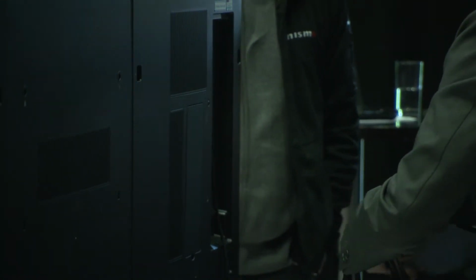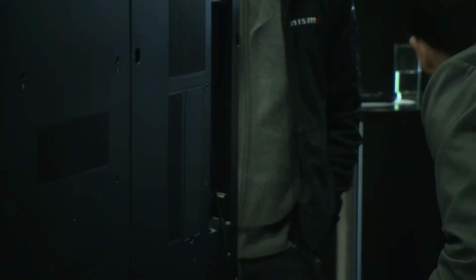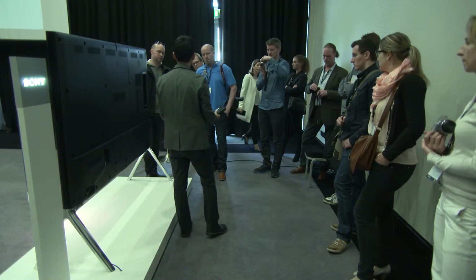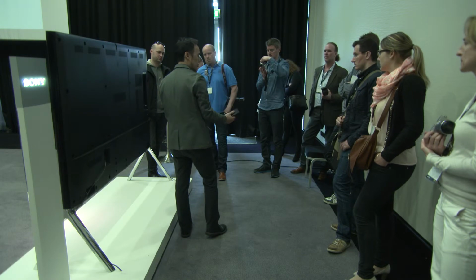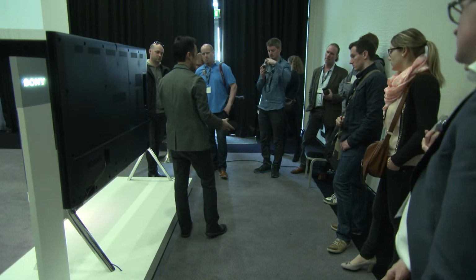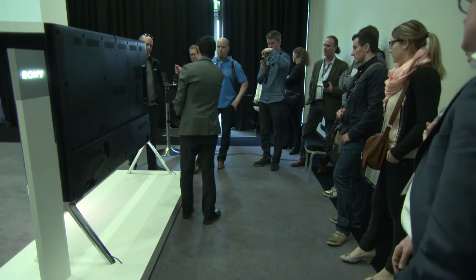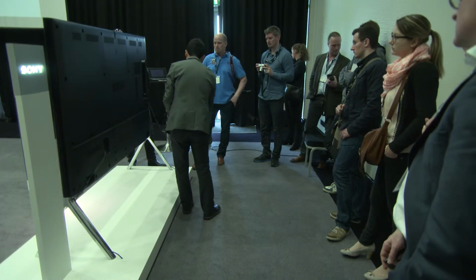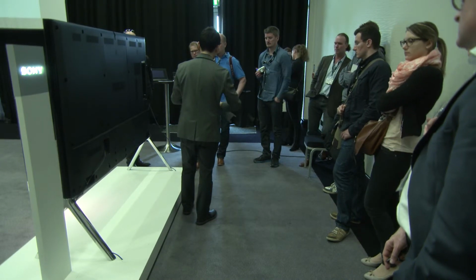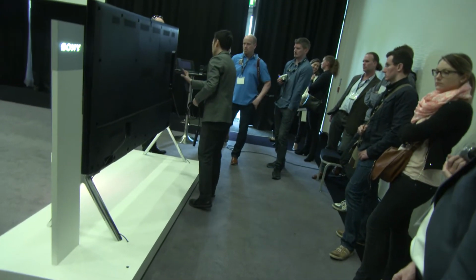And this cable runs inside the leg, and you can locate this box closer to the console box, where you put the players, Blu-ray players, PlayStations, and the rest of the equipment, also including the set-top box for the antennas and such kind of issues. So you plug everything in, and it's simple cable management. So it's also realized with this port replicator idea,